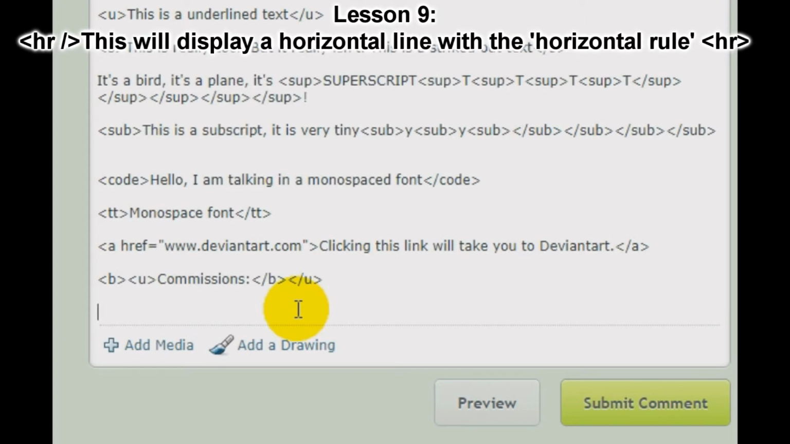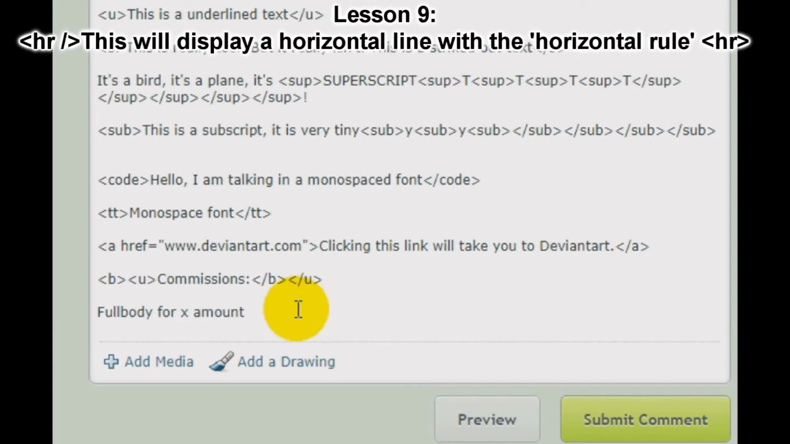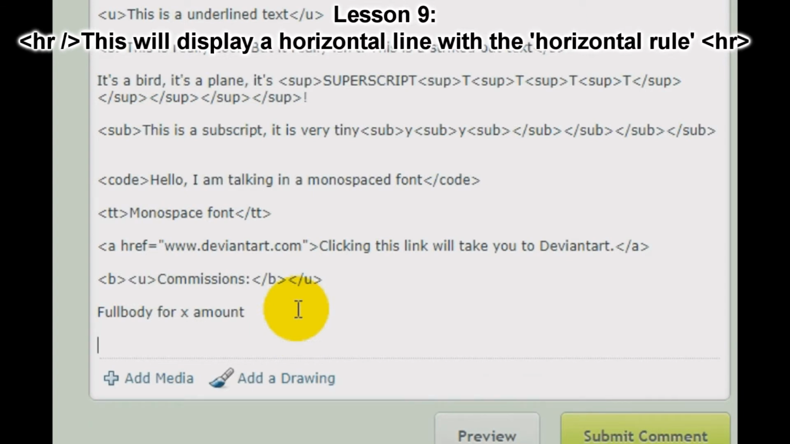And let's go to commissions, and we have maybe a full body for set or X amount. And the one I want to show you is the horizontal rule code. There is a little dash of a line where you do the less than sign, you type HR, use it,